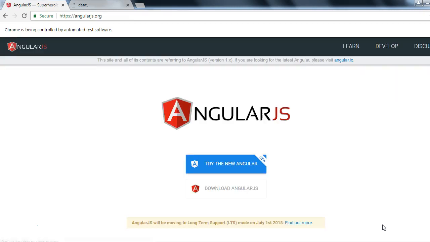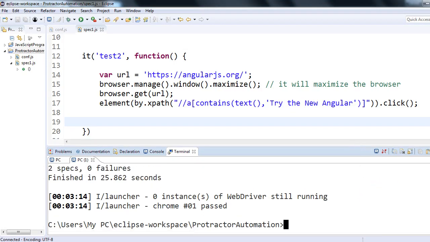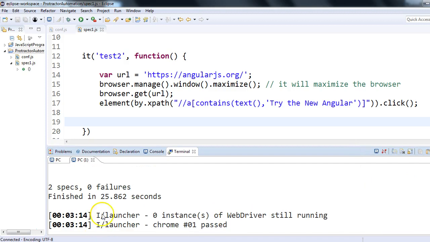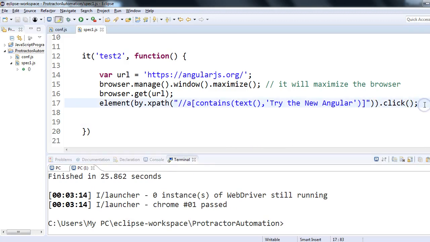As you could see, this has launched AngularJS.org, and this is our second test. It should click the try the new Angular page as well. Come on, it should click. And we had written the Xpath. I think it had clicked, but it was too fast that we could not notice. As you could see, there are 0 failures, which means both the tests have passed. It had clicked on this, and if you want to see whether it has clicked or not, we could